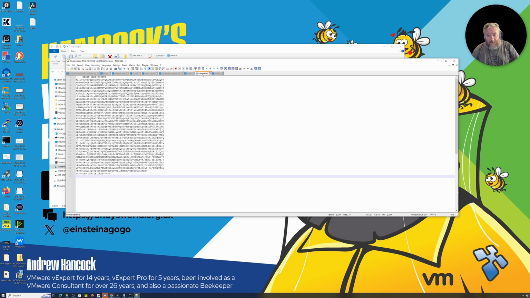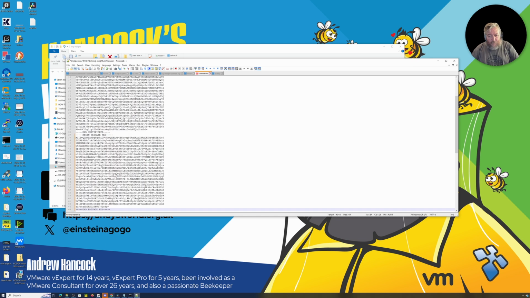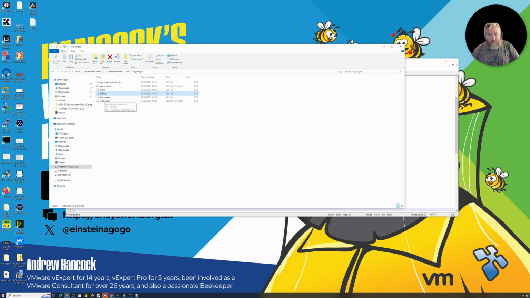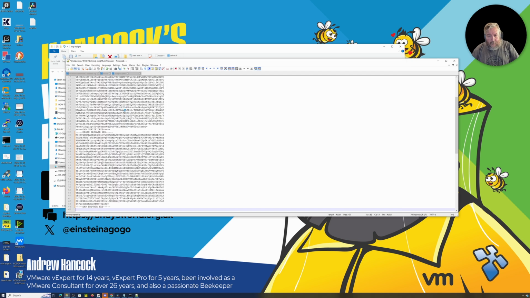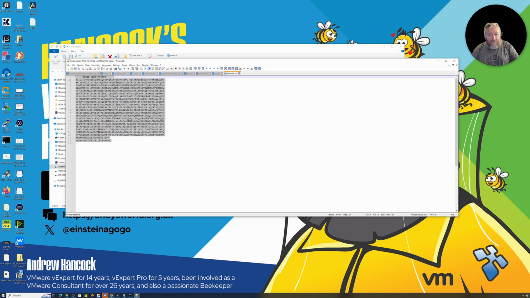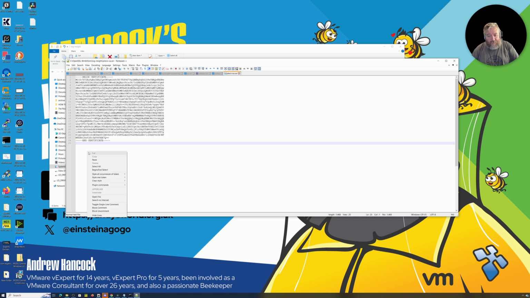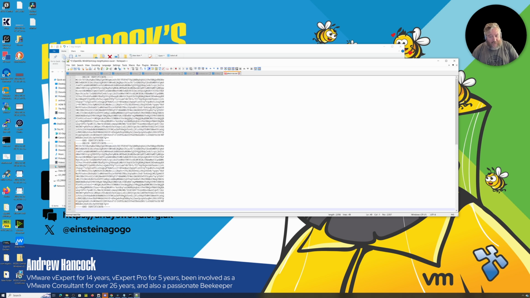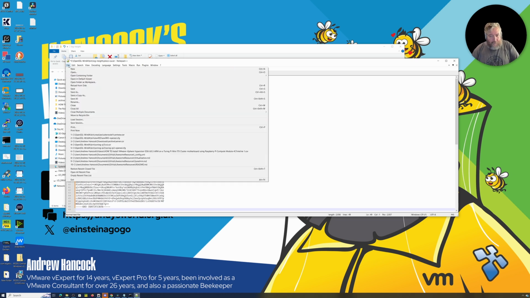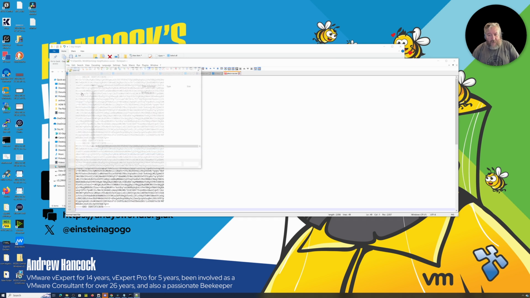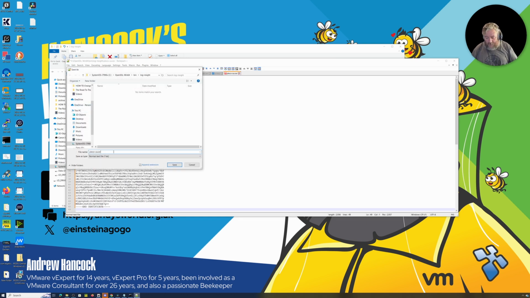So I'm using Notepad here. We need to paste our private key after that, and then finally paste in our CA certificate. Now, if you've got any intermediary certificates, then you will need to make sure that they are after the CA. So that's our multi PEM file. I'm going to do save as, and I'm just going to say